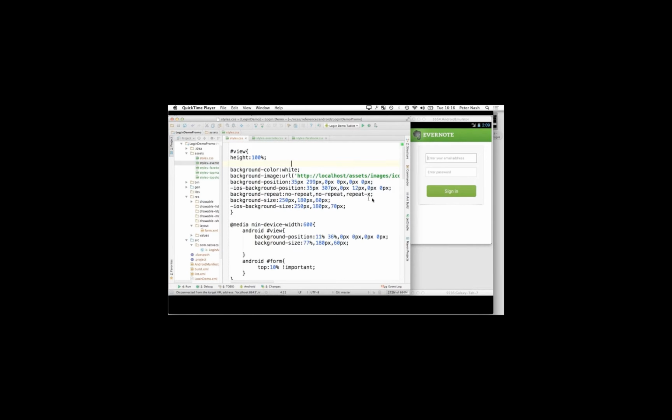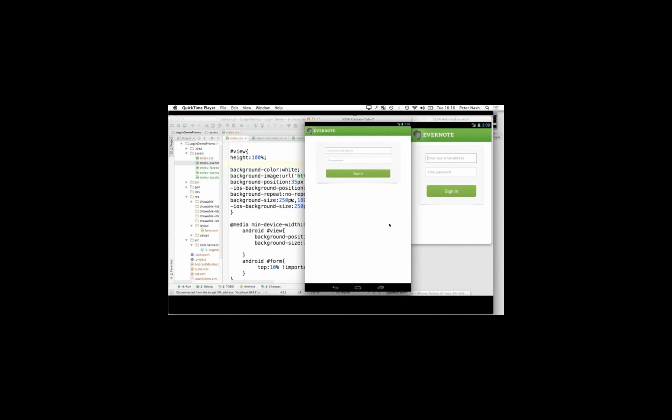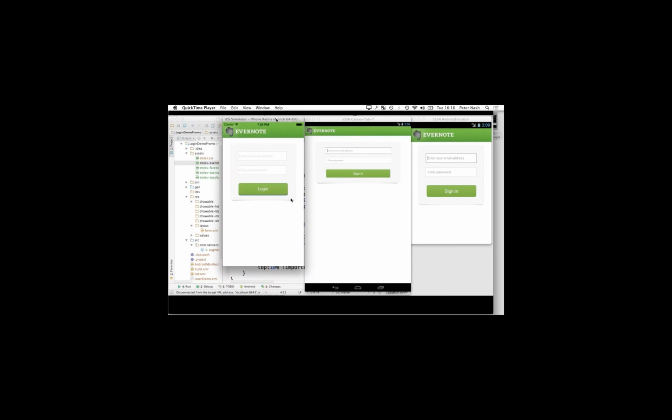So let's explore the CSS file a little bit more. There's an iOS specific prefix here, and we can see what it looks like in other devices. So I'm pulling up the iPhone version on the left, a tablet version in the middle, and the standard Android emulator on the right. So this is obviously a cross-platform tool, so we expect the same CSS to look the same on all devices. Now I'm going to quickly rearrange the view